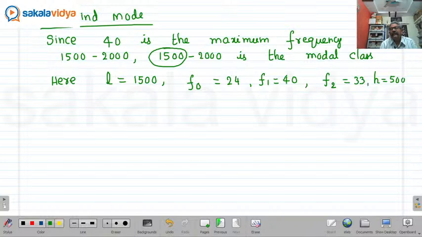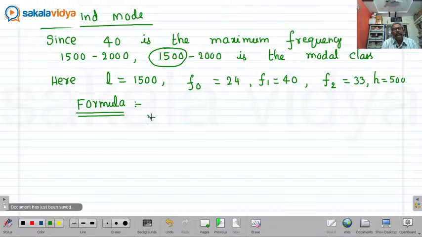So now the formula to find out mode of a grouped data. So mode equals to